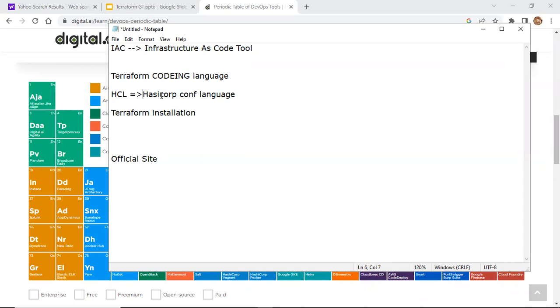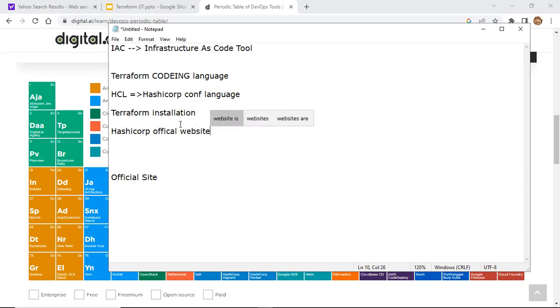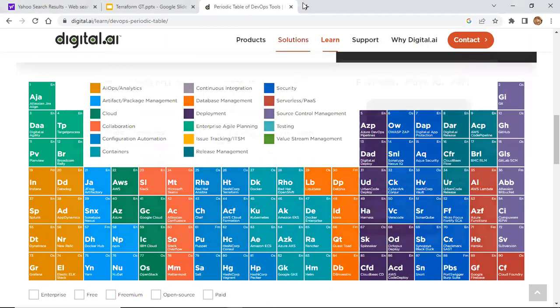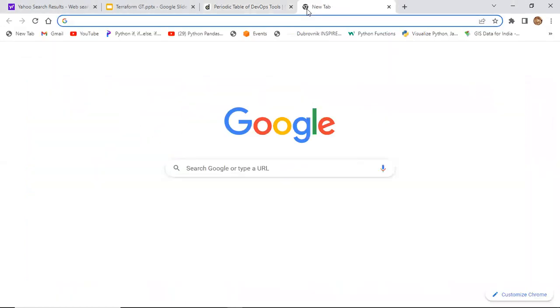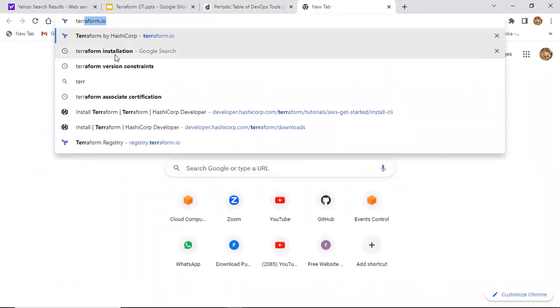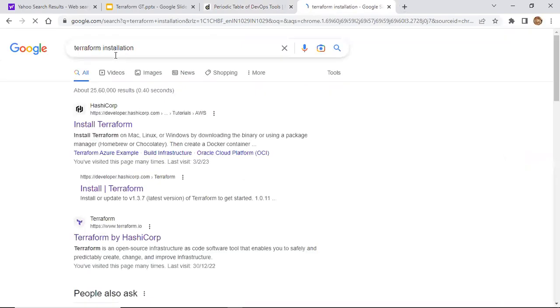We have an official HashiCorp website for installing Terraform. So, Terraform installation, install Terraform.